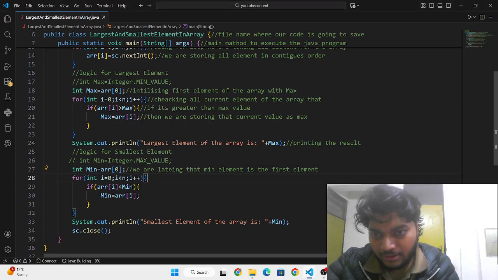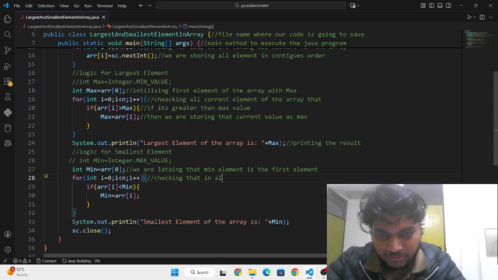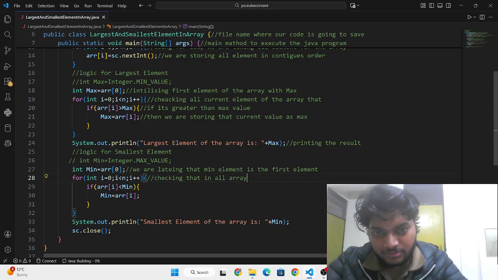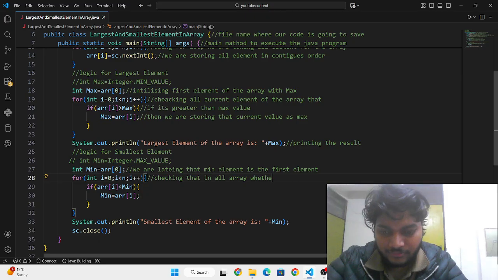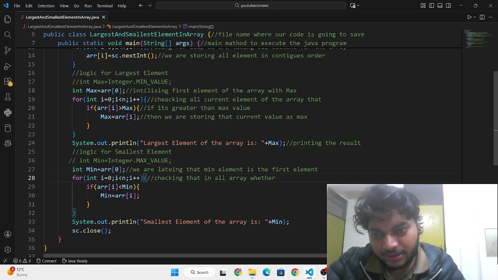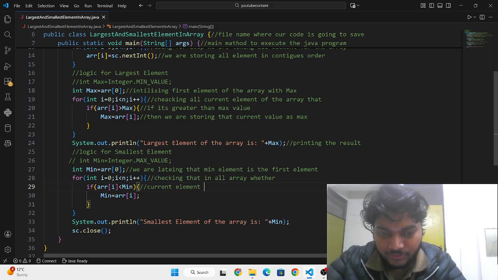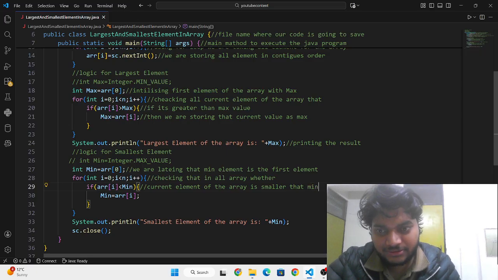Okay, and we are checking in the whole array whether the current element of the array is smaller than min. If yes,